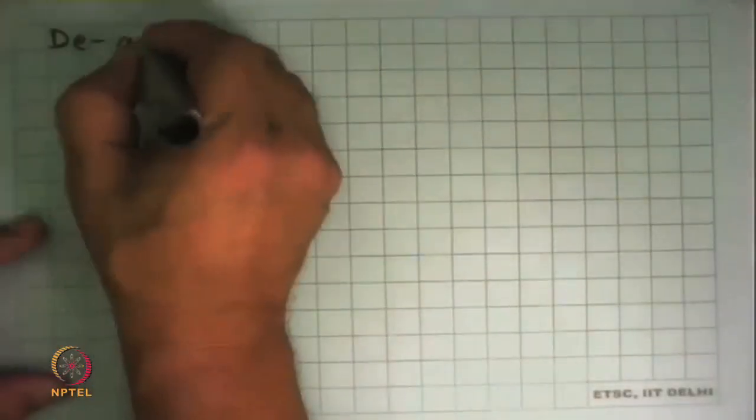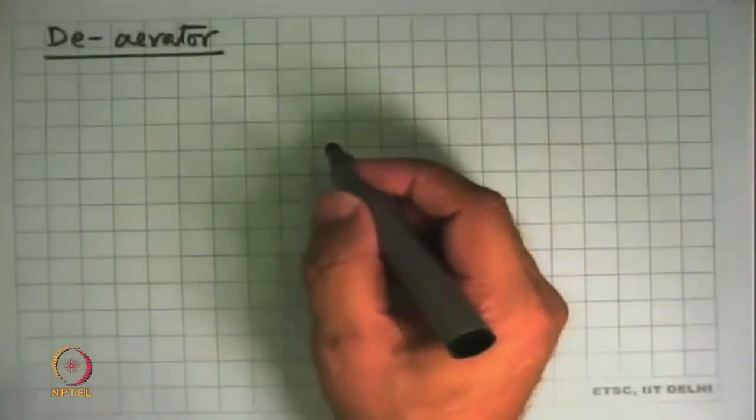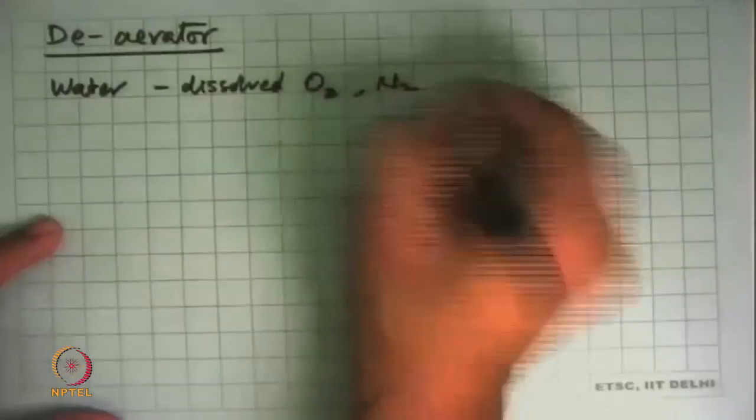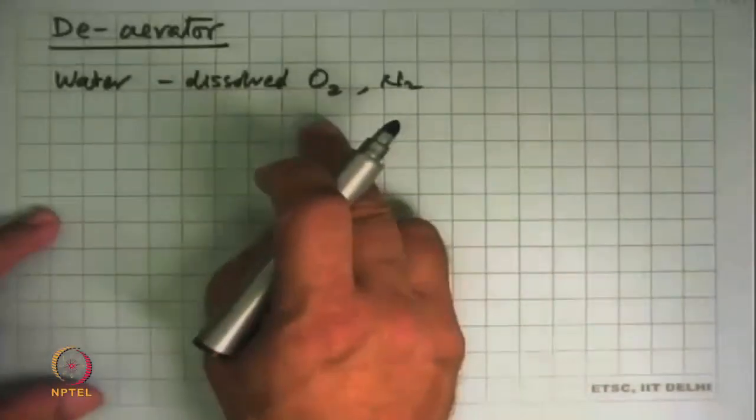Another example of mixing I'll give, and this is a very common thing used in all steam systems, is called a deaerator. This is exactly the opposite of what you get in aerated drinks. In an aerated drink, we take water, compress it and put carbon dioxide into it, and that's what gives you your soda pop. In a deaerator, our objective is exactly the opposite. Water that we drink or that comes out of the tap has dissolved air in it. Dissolved air means O2 and N2 are dissolved in it. And that's the reason why fish can survive in water with just that little oxygen over there.